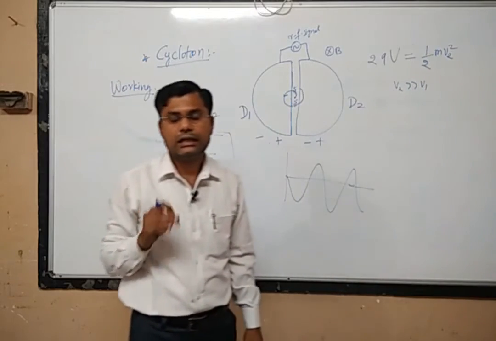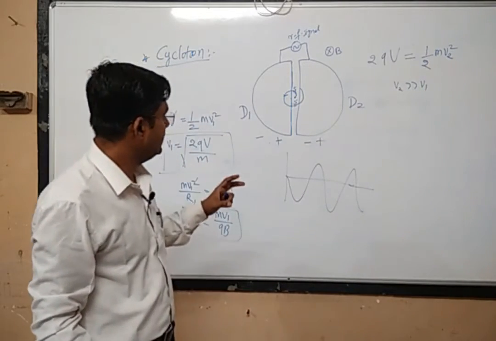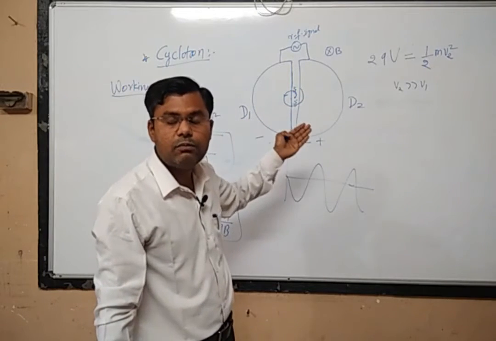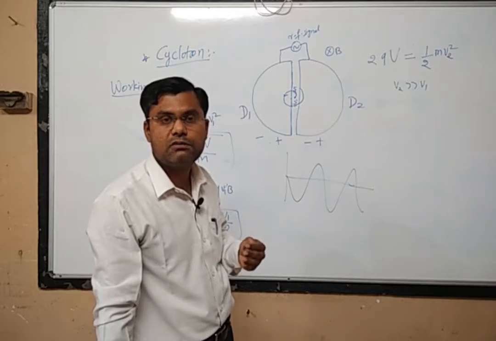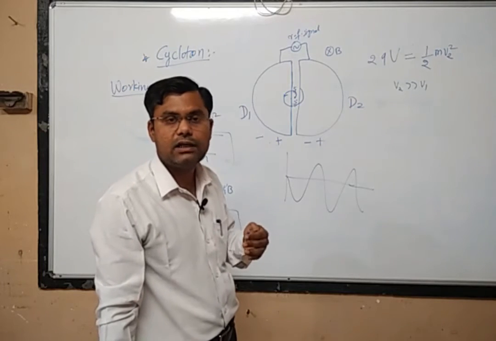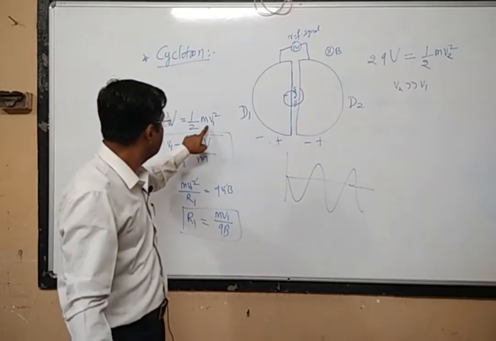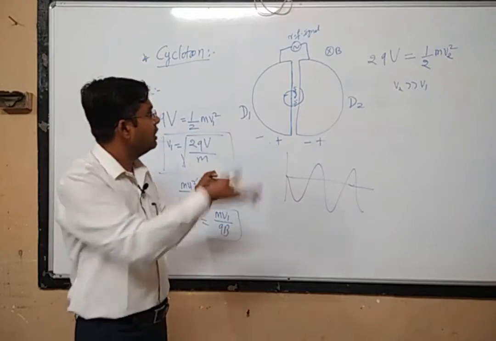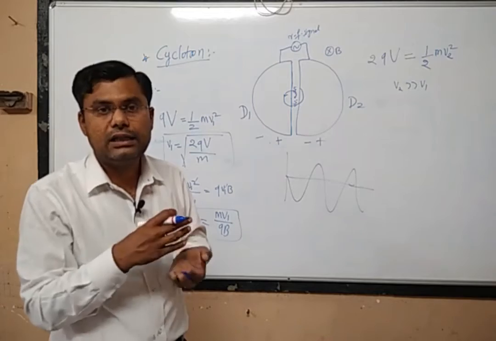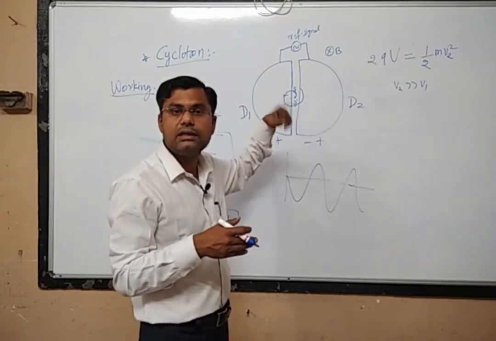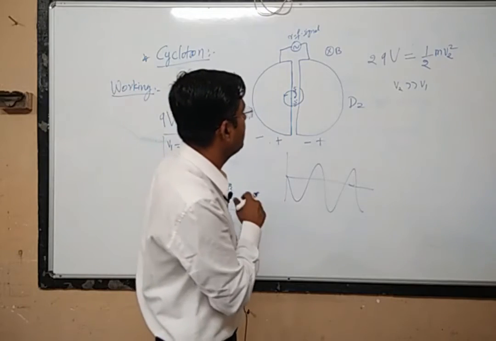v2 will always be greater than v1. So what we can say is that as there is repetitive acceleration, during each acceleration the velocity of the charged particle is increasing, and if the velocity is increasing again and again, its kinetic energy will also be increasing. So what I am doing is actually imparting energy to the charged particle again and again. For every rotation there will be an increase in the energy, so that we have to remember.